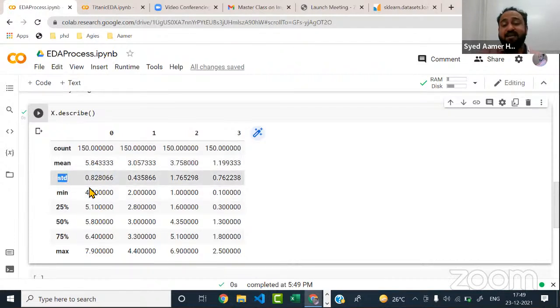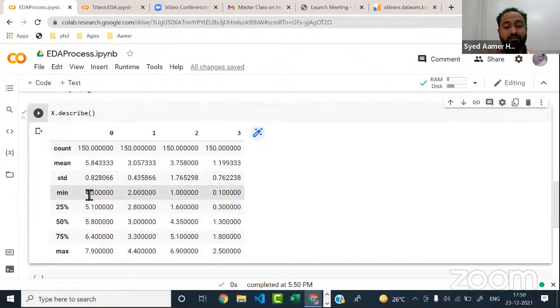I told you standard deviation. Std stands for what? Standard deviation. So the standard deviation of each column is calculated by describe. You don't have to worry about the calculation ways, but when you see this std, you should be able to get what is the meaning of it. So what has it done in the background? It has got the values of variance, right? All the calculation we have seen with a small data set, it has done, and from those values, it got the standard deviation for each and every column, guys. So it has done so fast. Just imagine, for 150 data, it has got all the values.